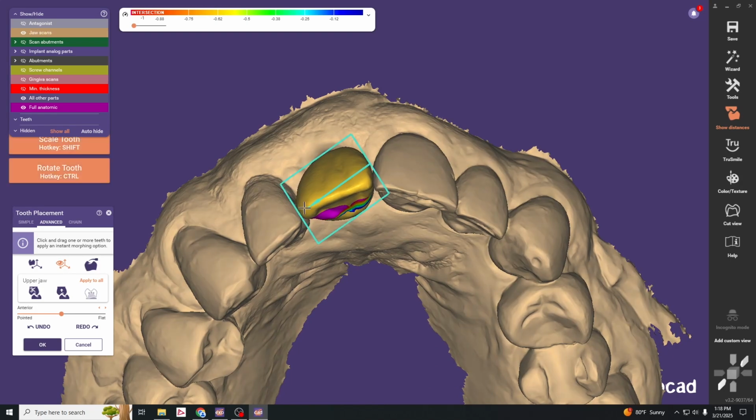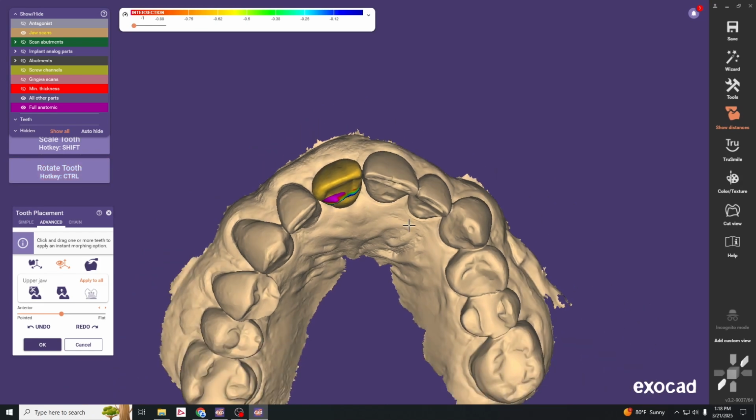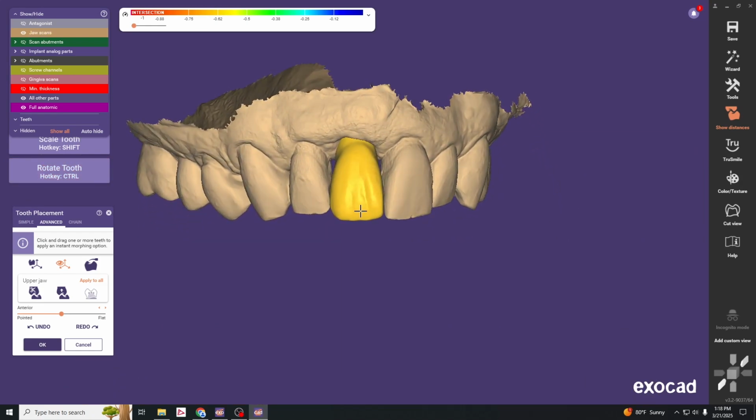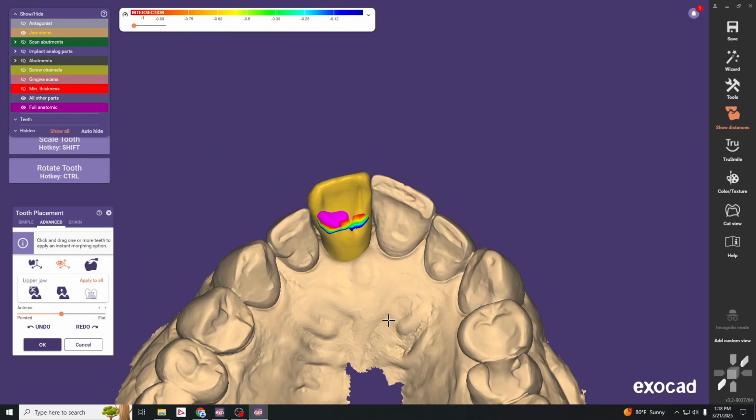And I want the interproximal contacts to just be barely touching, and then we can rotate and then move this out a bit to minimize the occlusal contact there. So this is looking pretty good. The occlusion we can correct at a later step,